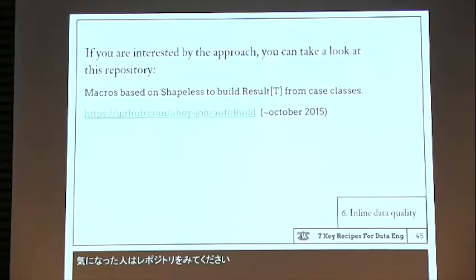If you want to take a deeper look at that, we open sourced a part of our project, which is the macro that generates the applicative functor-like APIs to build the case classes. So it's not exactly an applicative functor because it's name-based and not position-based as you would have in the Scalaz API. So you have a very nice API to build your case classes where you can use named parameters.